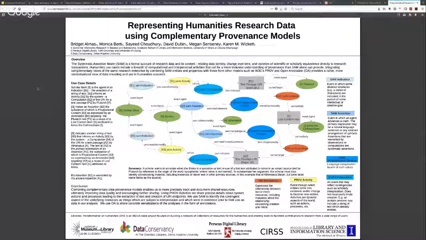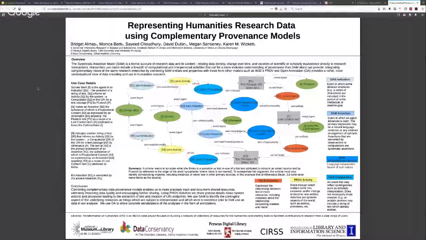This is a poster, and in this poster we represent the work of a scholar annotating a text and asserting something about a text. Again, I'm going back to text reuse because this is my research topic. But anyway, this is a model that we can use for other things, including inscriptions, papyri, literary text, etc.